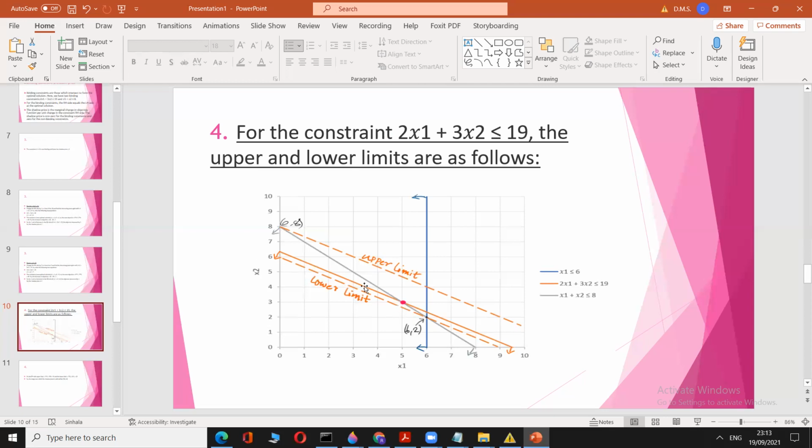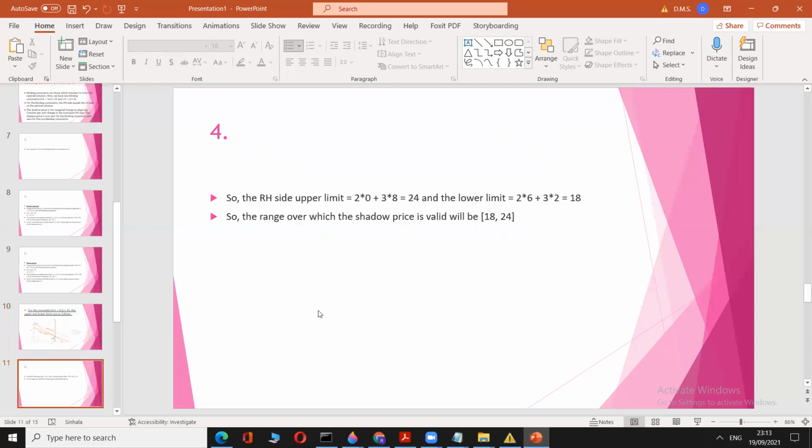If you draw parallel lines, it will go this way. So this is the upper limit and this is the lower limit, and you can get the range from that. Okay, so how do you get the range? Okay, and we know that